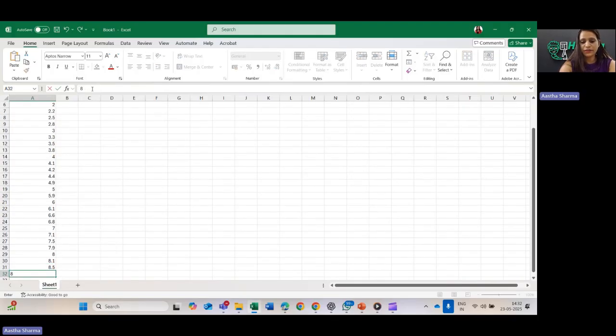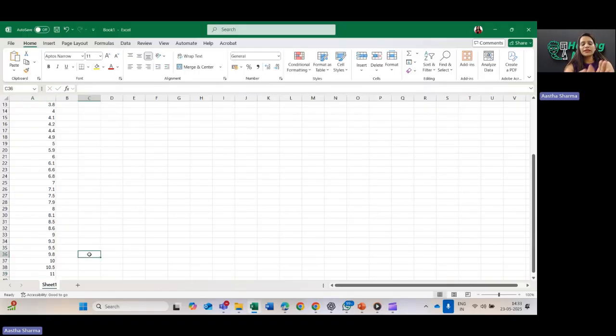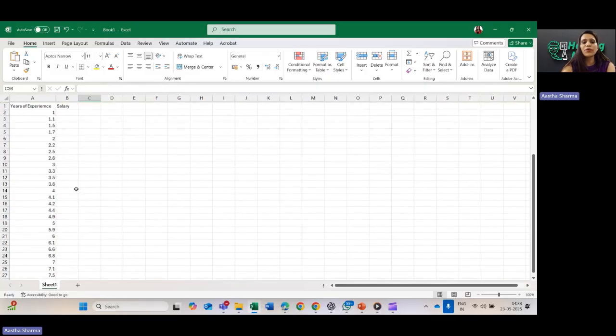8.5, 8.6, then 9, 9.3, 9.5, or let's say 9.8. I'm going to keep 10, 10.5, 11. So I'm going to keep the data of approximately 11 years, and accordingly, I'm going to define the